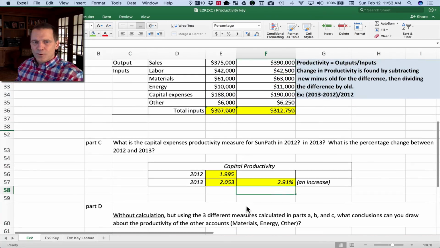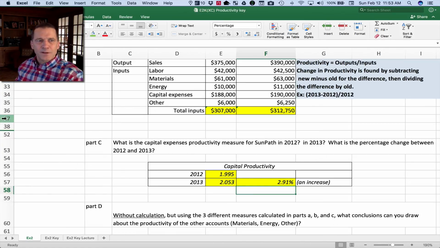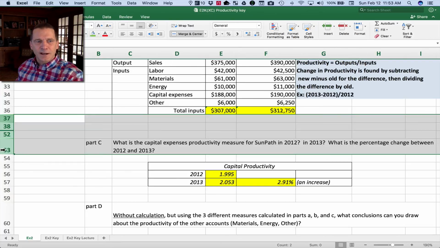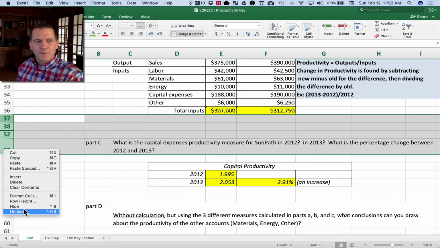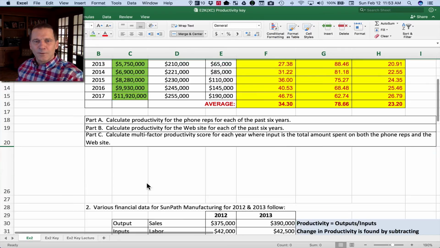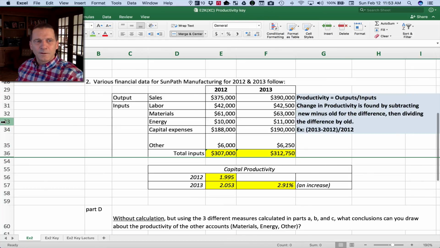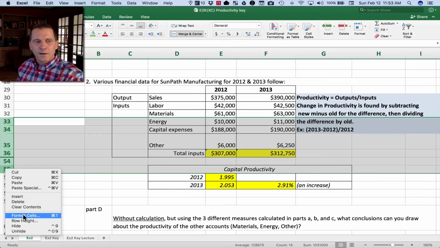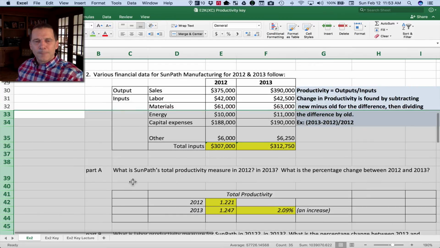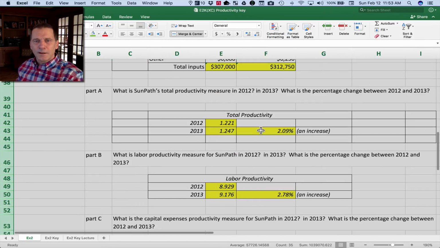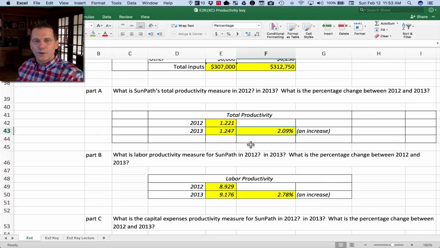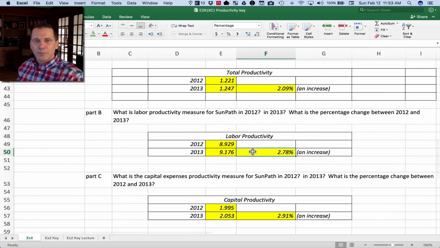Okay, a last question was, without calculating but using the 3 measures that we did for A, B, and C, what conclusions can you draw about productivity? So here's your managerial question. Let's unhide these so we can see them and take a look at what we had here. Oh, we've got to unhide some more. Okay. So we had an increase in the overall of 2.09%, and labor productivity was higher than the 2.09